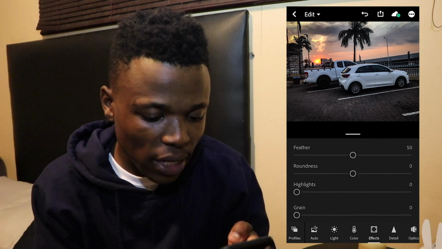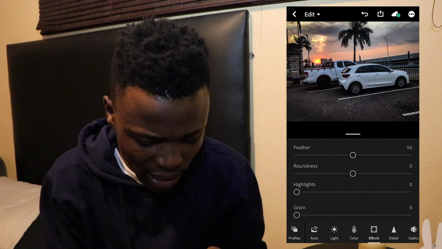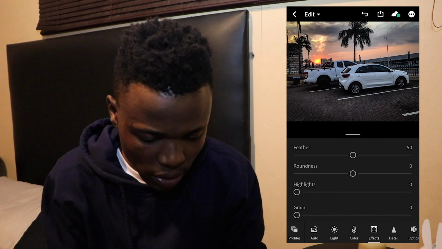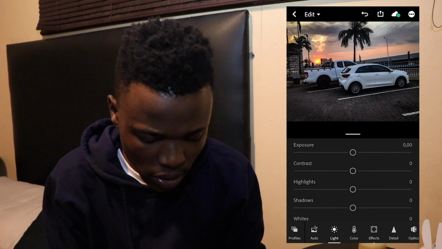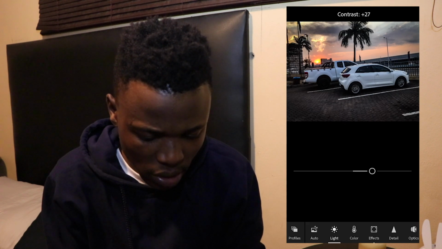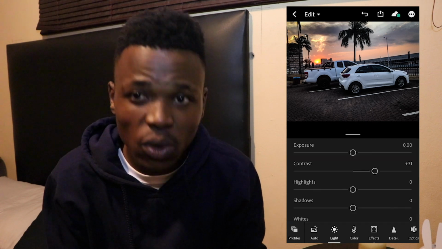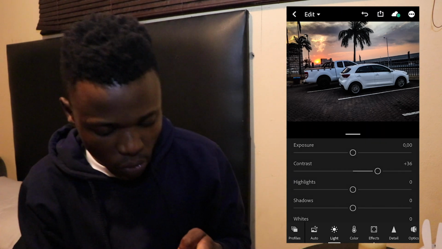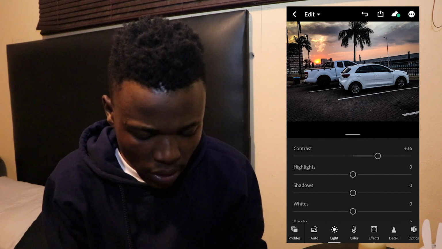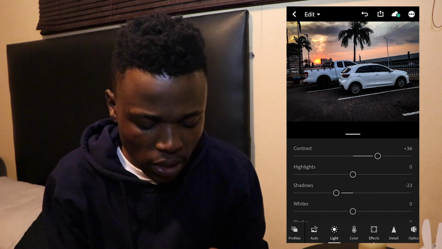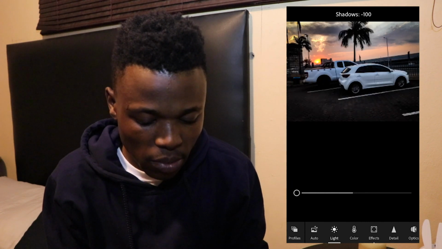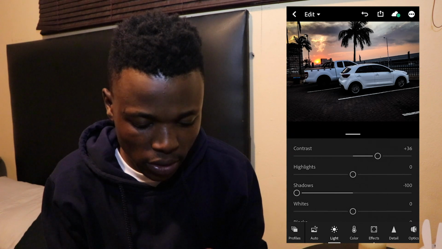Let us go to the light part. I can see that the photo is a little bit black, so let me see if I raise contrast. See it becoming clearer, but it's also becoming more black. So how do we deal with that? Let's see the shadows. If I slide the shadows to the left, it becomes more black. But if I slide to the right,